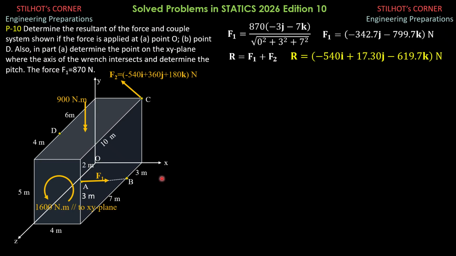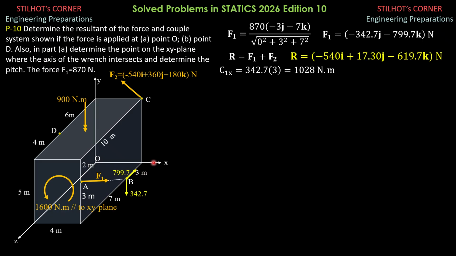I put the components of F1 here to easily compute the moment, although I'll present two ways to solve for the moment of this force about point O. I use the scalar approach here. The positive sense would be this. So that means C sub 1x is positive 342.7 times 3 meters. The other component passes through x, so C sub 1x is positive 342.7 times 3. And that is equal to 1028 newton meter.